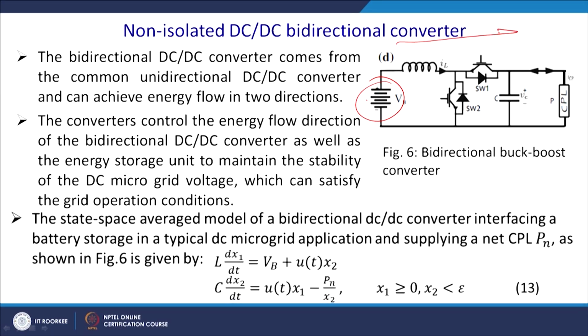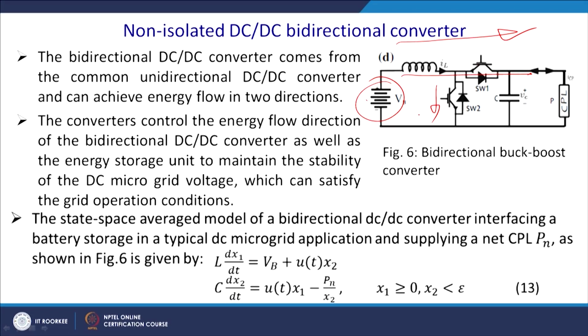Once you try to send the power, generally it will be operated in the boost mode. So, you require to switch this on, and ultimately energy will flow from this point to this point. And once you try to send power from this point to this point, it requires to buck. You can see that this is a buck operation, and power can be sent back through this switch and the diode, and this has a complementary logic.